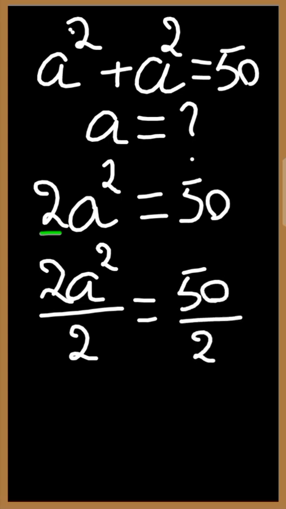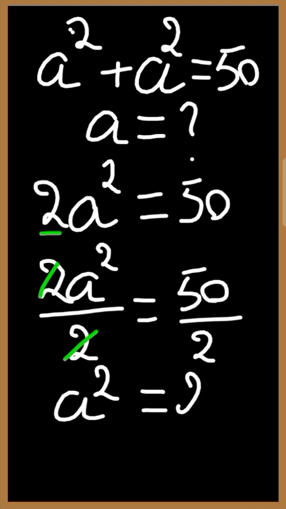At the left hand side, 2 will strike off 2. We will be left with a squared is equal to 50 divided by 2 gives us 25